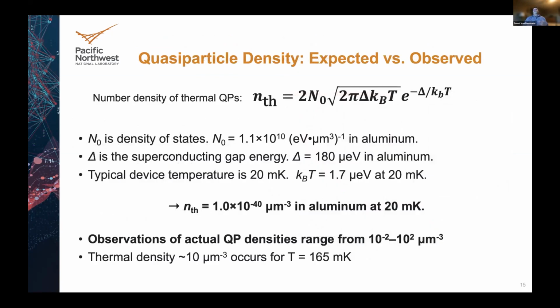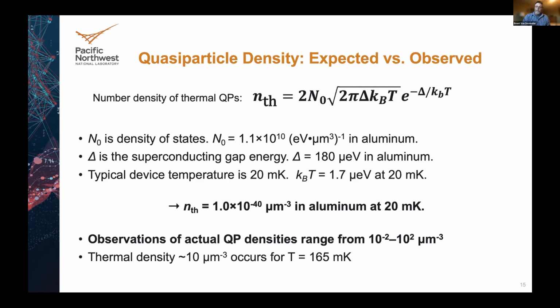I keep saying that there are more quasi-particles than what we expect from theory. We should talk about that. This is a pretty straightforward calculation of thermal physics to figure out how many broken Cooper pairs there ought to be in a superconductor. So that's this factor, x_qp thermal. It consists of a few different factors. There's what we call a density of states. So, how many quasi-particles per unit energy and volume can we fit in the device? Delta is what we call the gap energy of the superconductor. This is like the binding energy of those electron pairs, also how much energy it takes to break them apart.